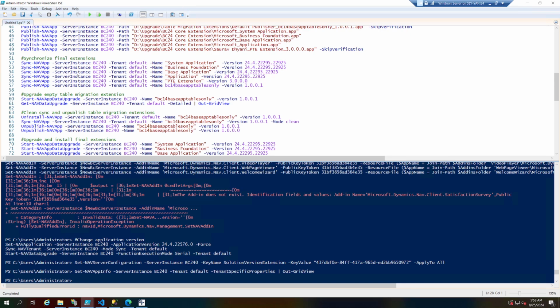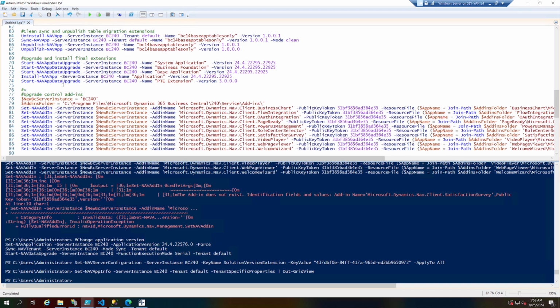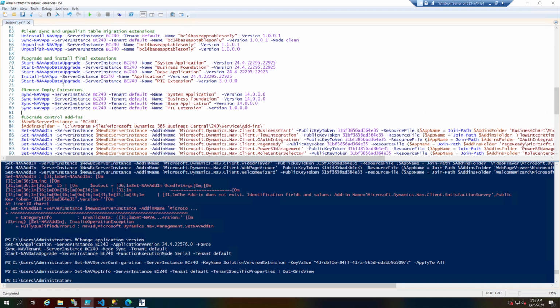I'm just going to copy these, come down here, and after this I can actually do a remove of empty extensions. Okay, and that will apply to all 4 extensions that we have, which is uninstall, uninstall, uninstall, and uninstall. You need the server instance, you need the Dib this, and then you need the app name and the version, and then you have to do this also for each of them